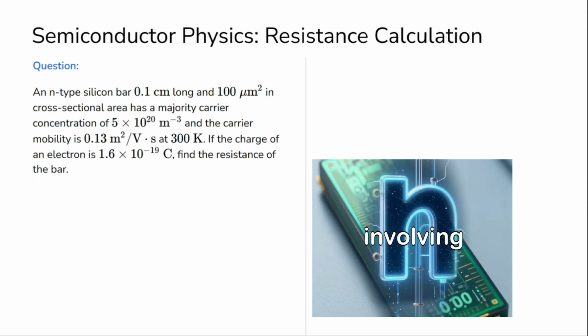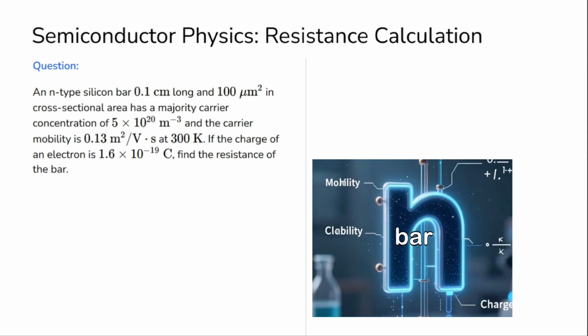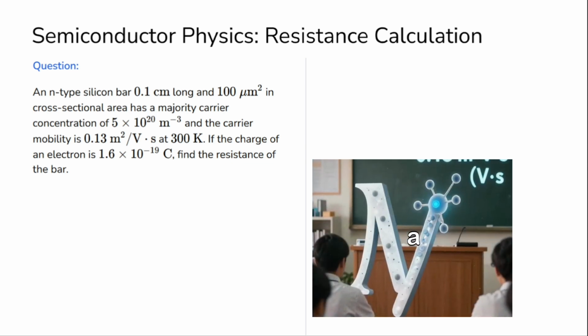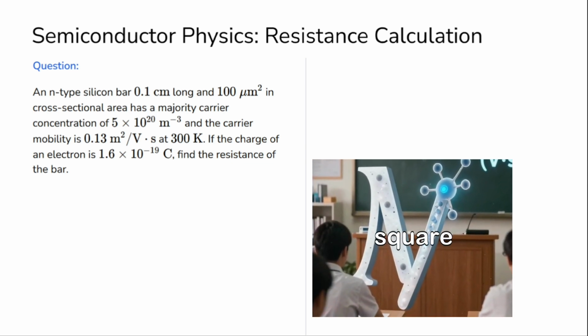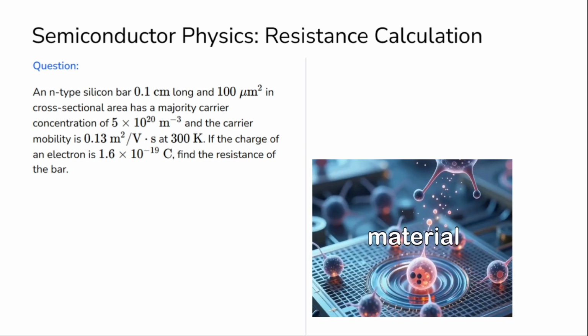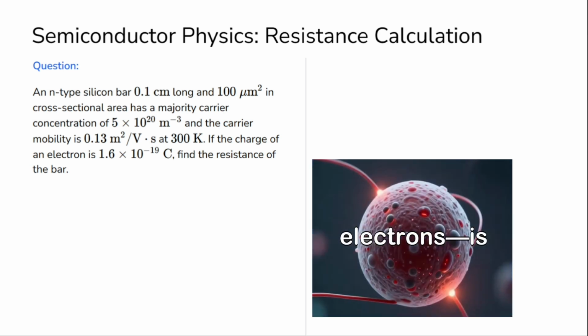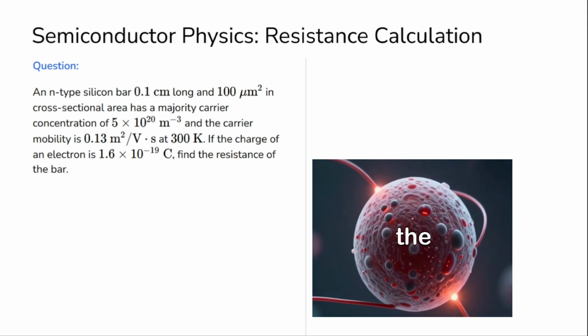Let's look at a problem involving an N-type silicon bar. We are told the bar has a length of 0.1 centimeters and a cross-sectional area of 100 square micrometers. In this material, the concentration of majority carriers, which are electrons, is 5 times 10 to the power of 20